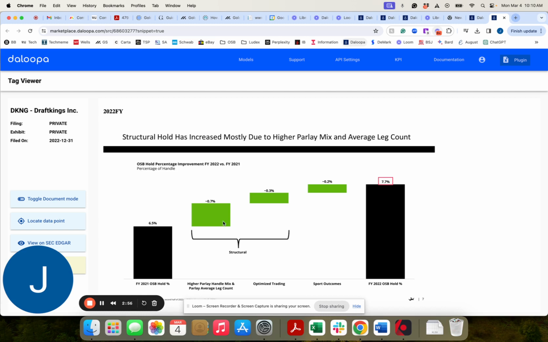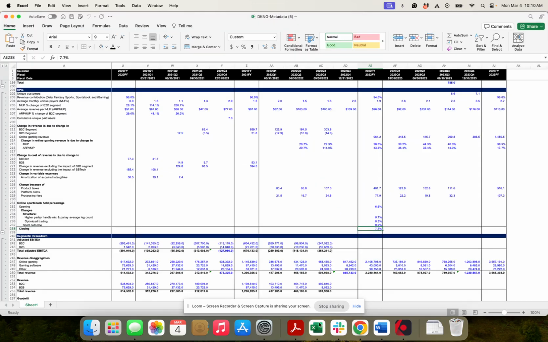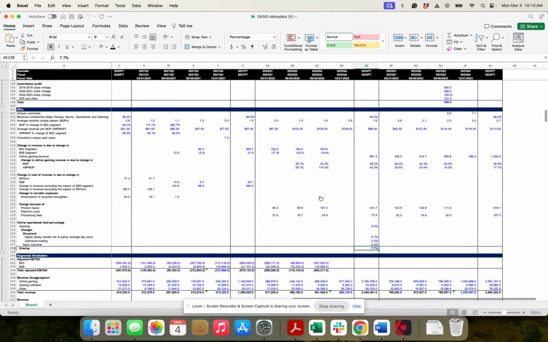So it went from 6.5 to 7.7, but it shows the reasons for the increase. So these three numbers are all in the data sheet, but then it pulls in the context from where they're taking those numbers.